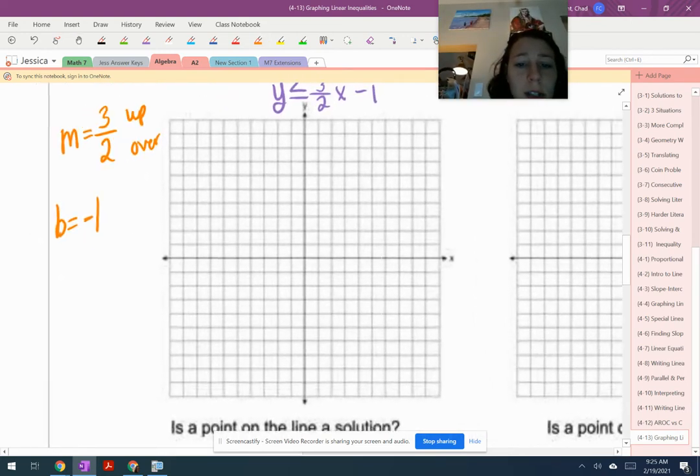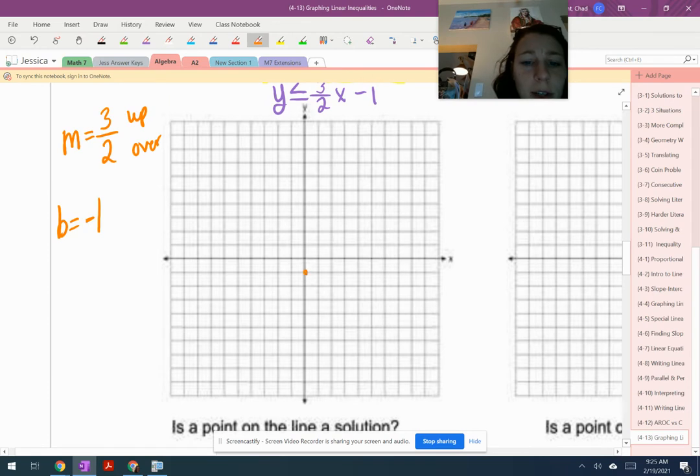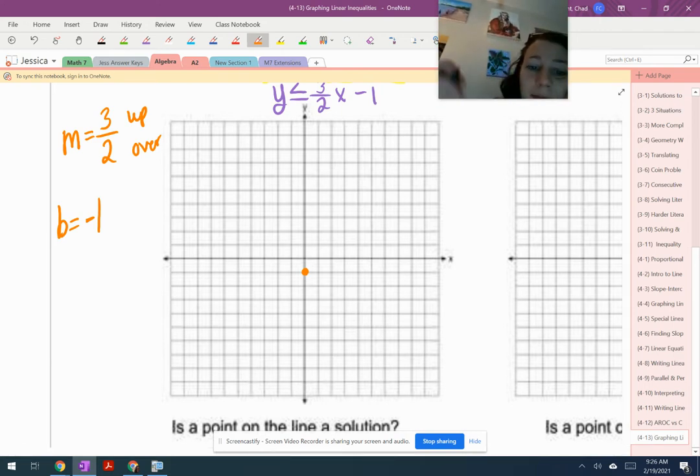So starting at negative 1 on the y-axis,